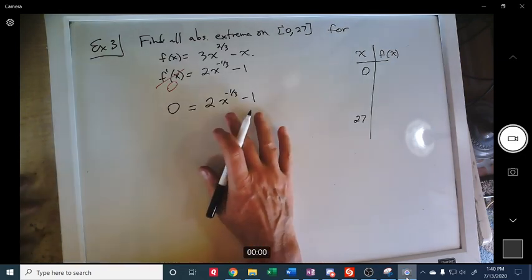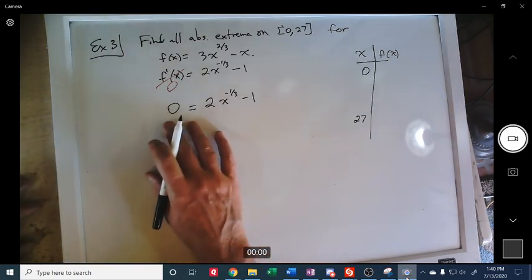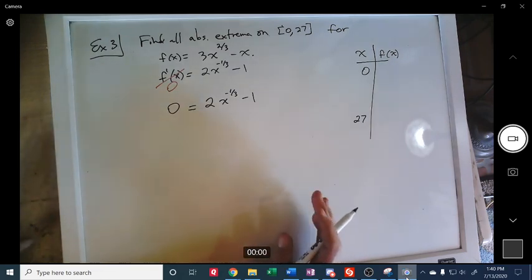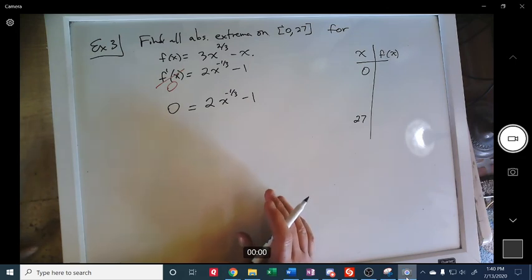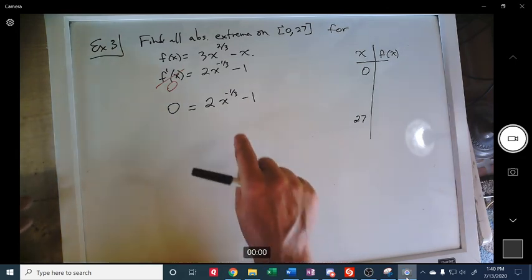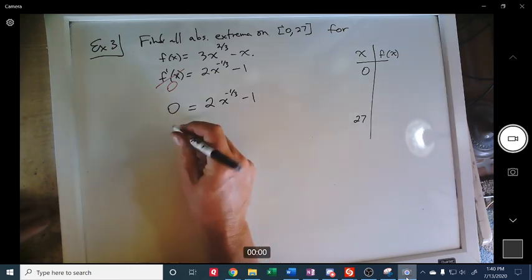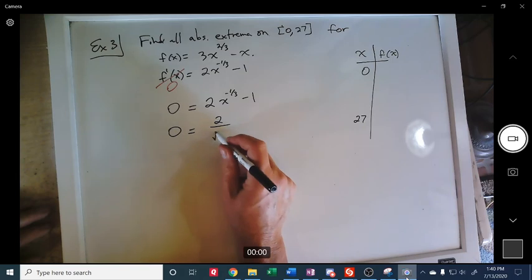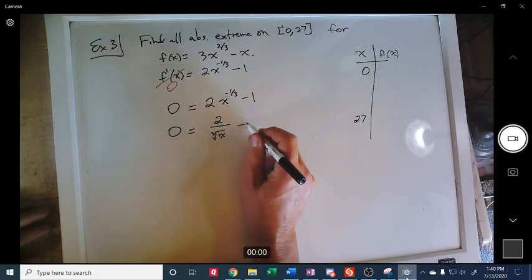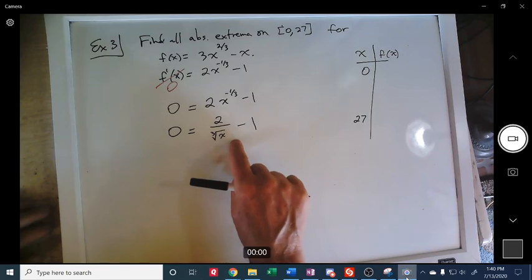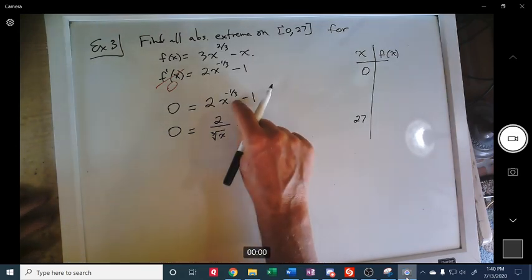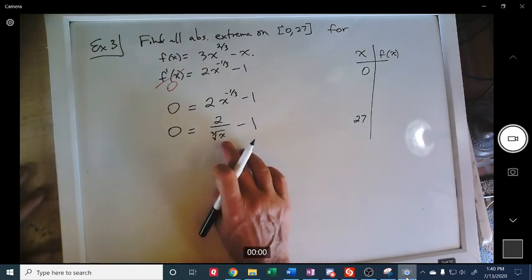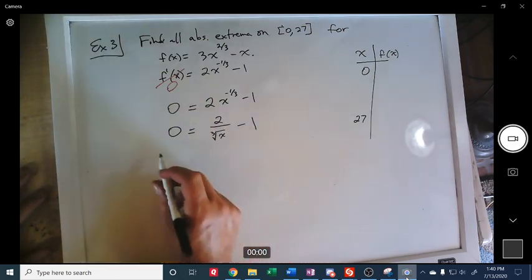Now, it's at this point many students will solve this equation and fail to realize that there is a value of x which causes this to not exist. Let me rewrite this. Like this. This and this mean the same thing. 1/3 means cube root, negative exponent means in the denominator. If you see this at this point, you can say